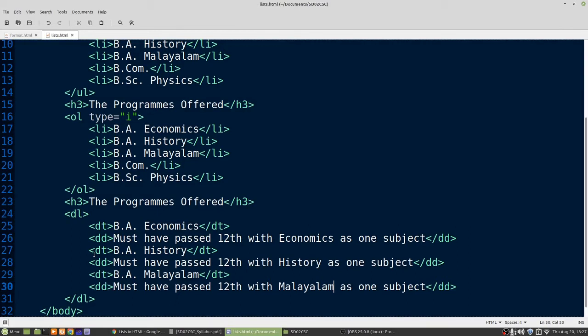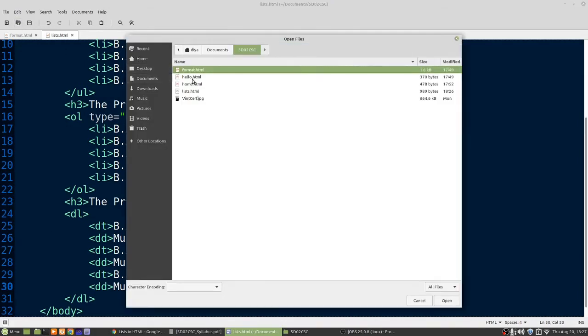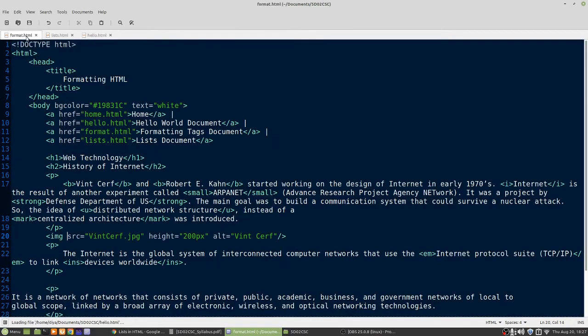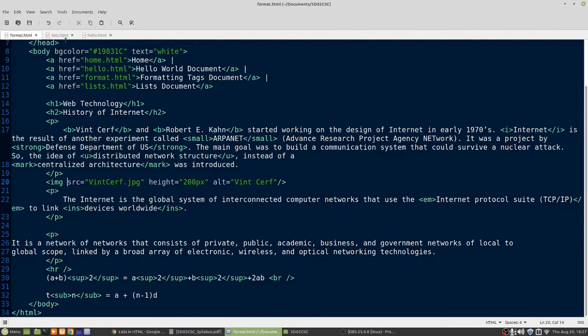Now let's see how to create hypertext or hyperlinks in HTML. Hyperlinks are used to create connection between more than one HTML files. Okay, so this is what we have discussed in the first session. World Wide Web is a collection of documents which are connected together with hypertext. So now we have already created 3 HTML files. First one was the hello. Let's open that. First one was the hello.html. Second one was the format.html, and now we have created a